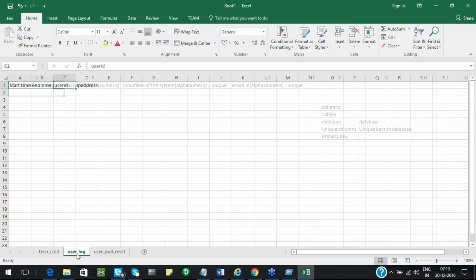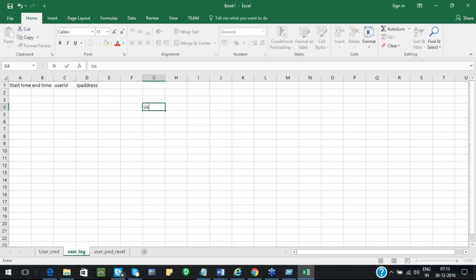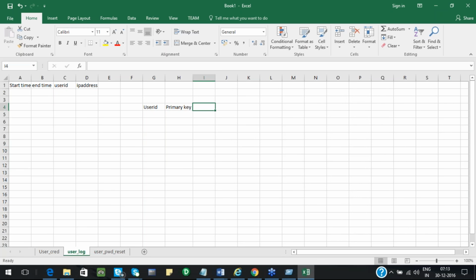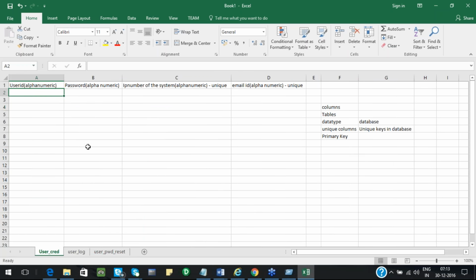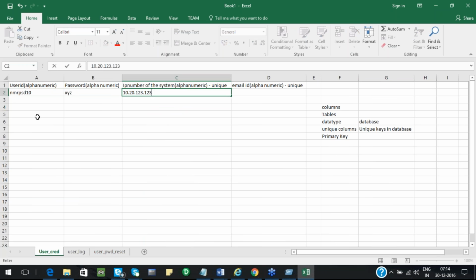Now, in the case of user log, which will be your primary column? User ID will be your primary column. Say I have the username NMR PSD10 here, password is XYZ, IP number 10.25.123.111, and NMR PSD10 at Gmail.